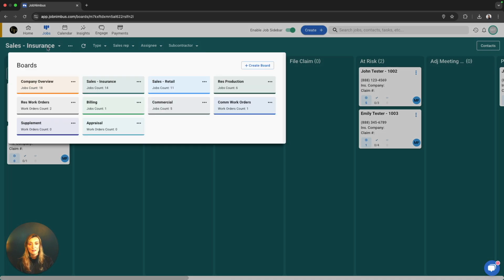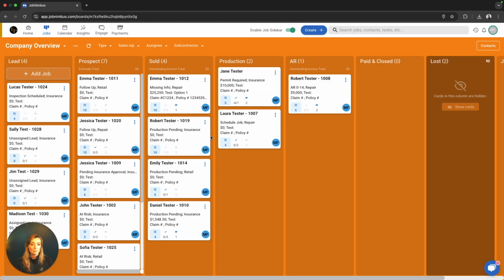Now, of course, if you do create a new job field and there's no data entered in there, it's going to be blank. So just like in the Jane tester card here, there's no option choice selected for that test item, nor is there a claim or policy number written in, so it is blank. So the data that it's going to give you on the job card is only going to be as good as the consistency of your team members putting data into those lines. But if you can put some training around those details and create custom fields to show you that data you want. Any custom fields that you create, you can also pull reports on as well. So